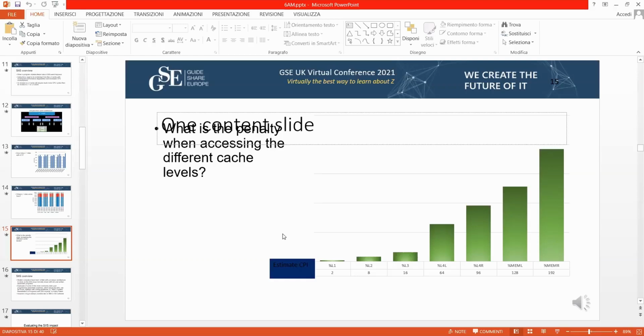So you are really increasing exponentially the cost of the activity that you are doing just because it's not there close to the CPU.